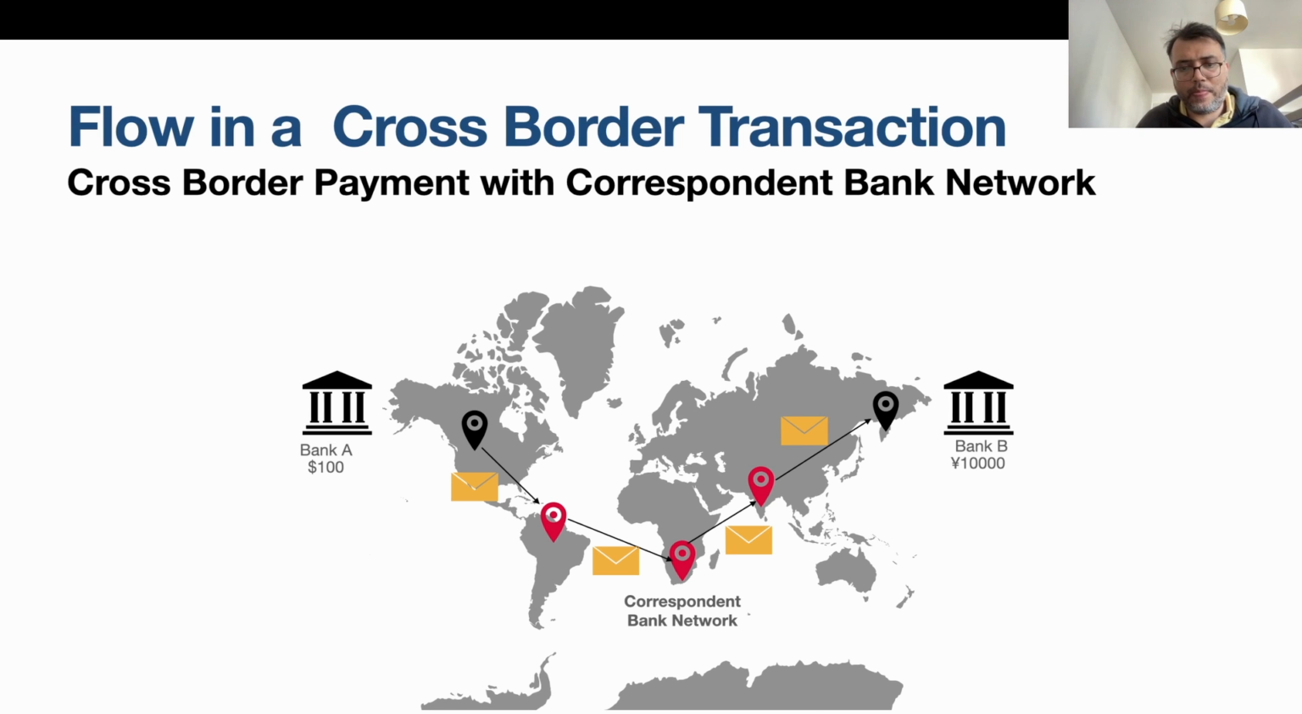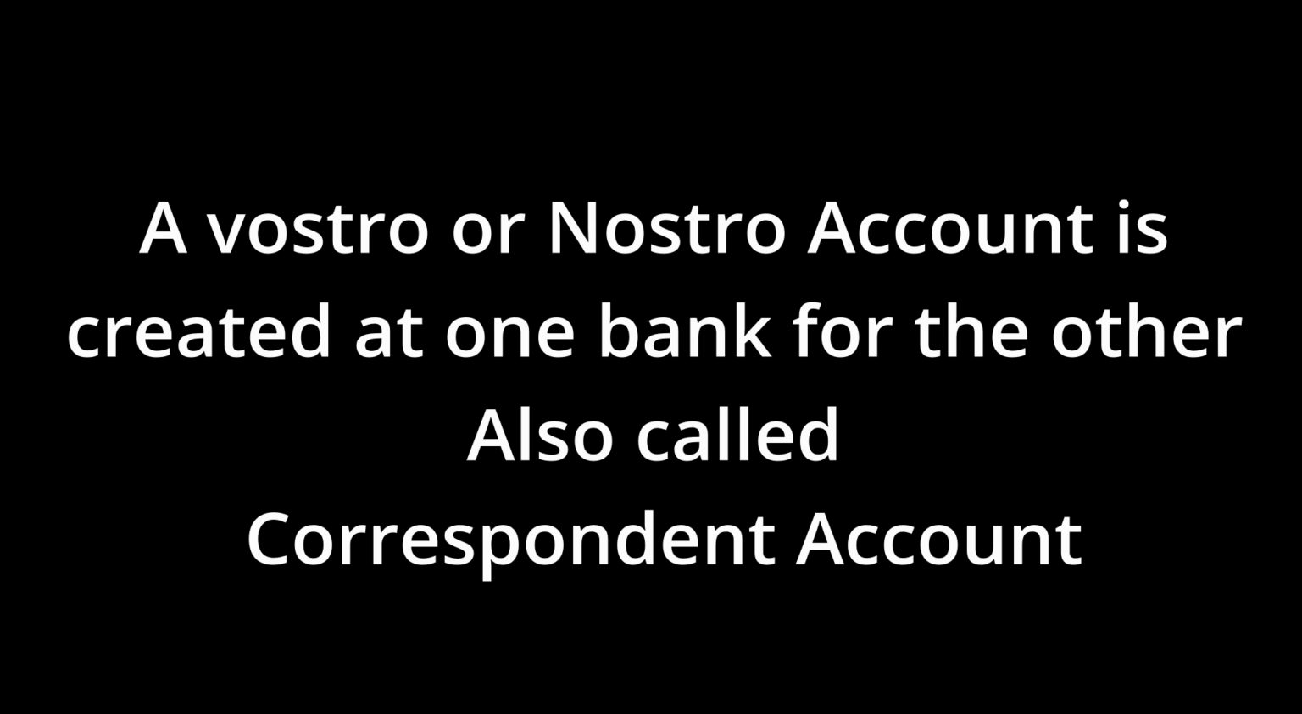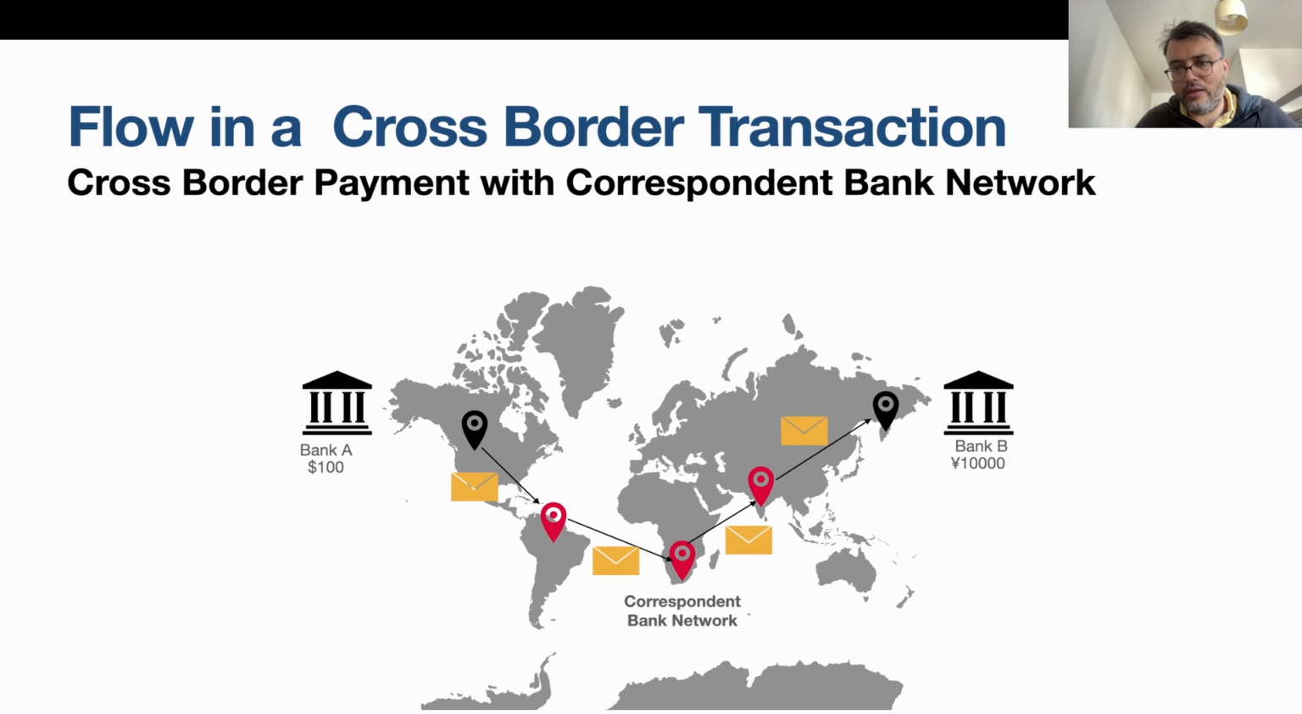So for example, again, the same model, bank A, bank B, $100 needs to be transferred from bank A to bank B, and bank B has to get that money in Japanese yen. Now again, the same thing, but here if you see, there are multiple correspondent banks. So there's sort of a network of correspondent banks, and that typically happens when, again, one correspondent bank is not